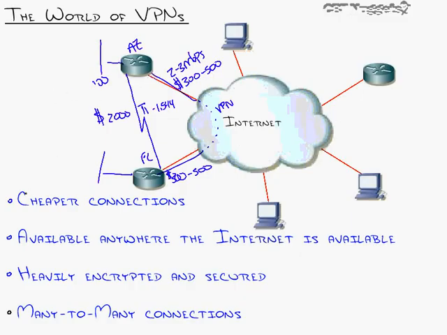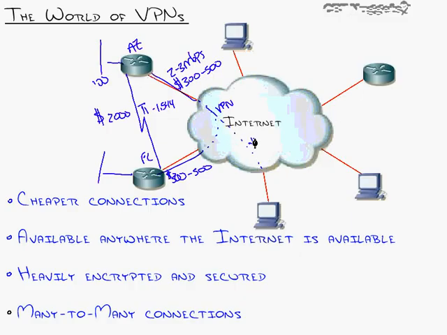That's my number one benefit for VPN connections, is that they are cheaper. They are also widely available. They're available anywhere the internet is available. Now, I'm talking right there of one type of VPN that links offices together, but there's another type where we could have our users